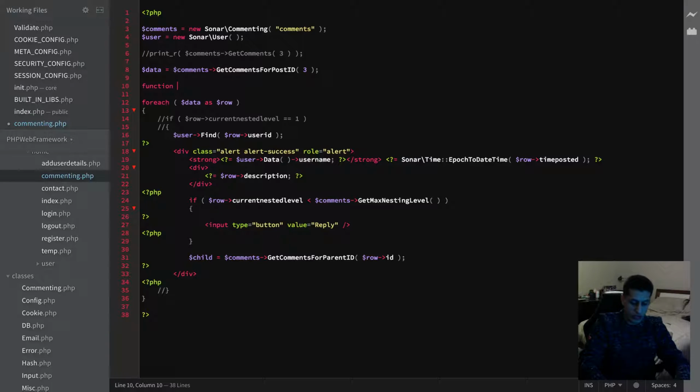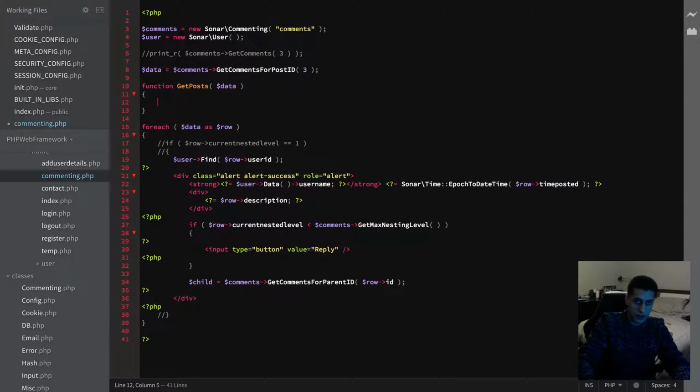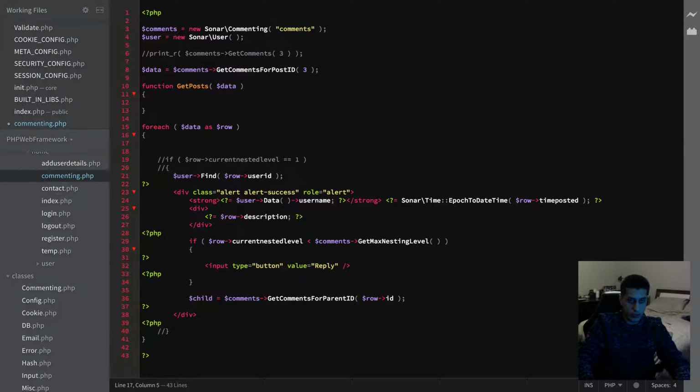So if we have function get posts $data, okay, so if we were to, for example, in here do get posts, and I'm going to pass in $row,